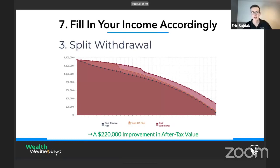Why not do a split withdrawal? We know that it'll keep our